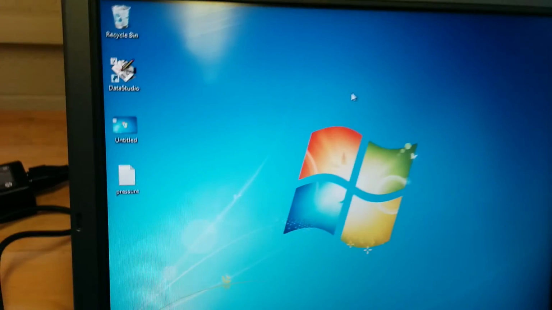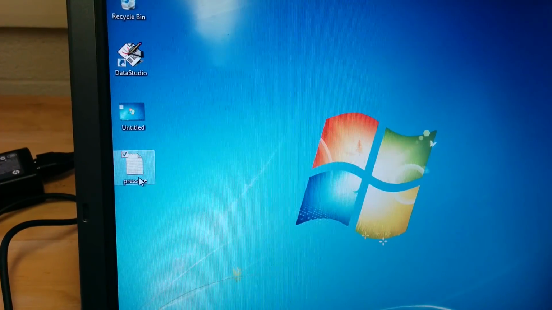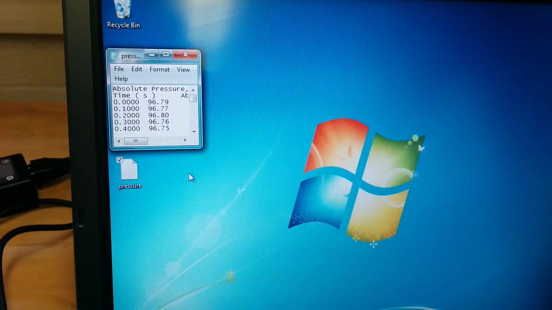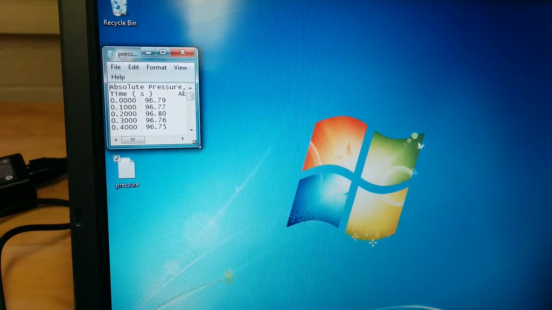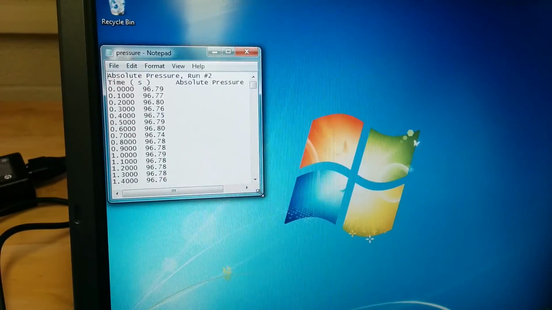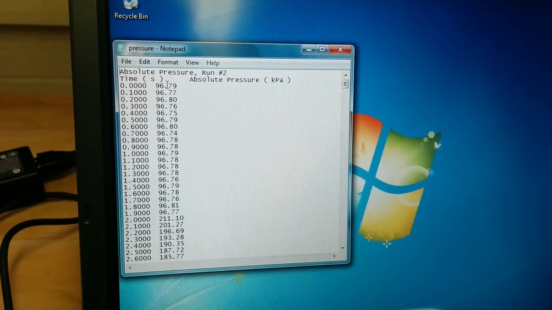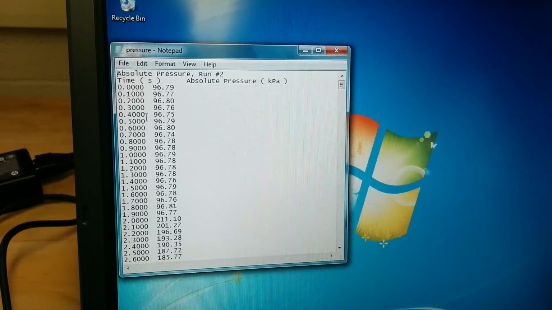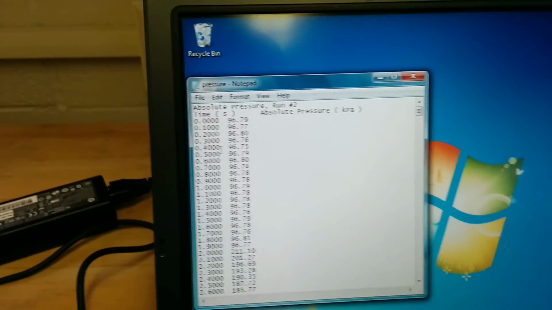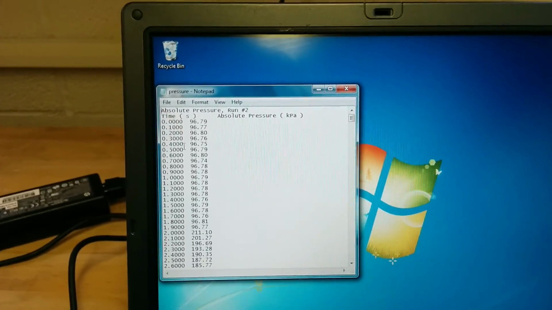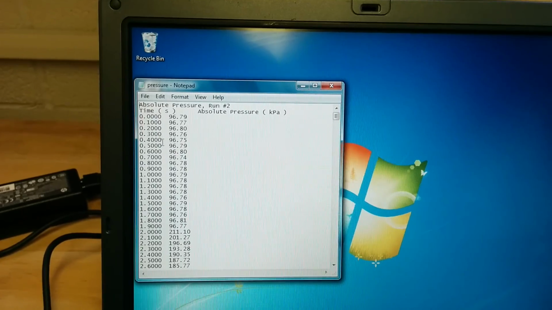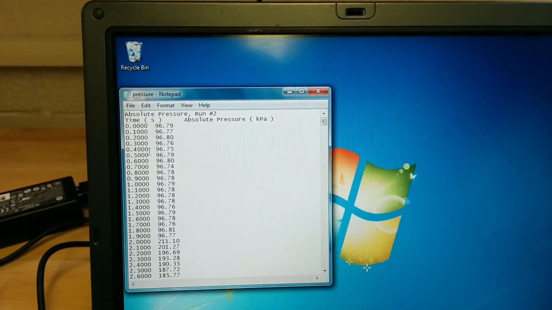But if you go to the desktop and double click on your data, you should see a text file that comes up with a timestamp and the associated pressure or temperature. You can see that it records every tenth of a second change in pressure, and you should have the same thing in temperature. So you go ahead and you copy that over to your computer via USB key or whatever